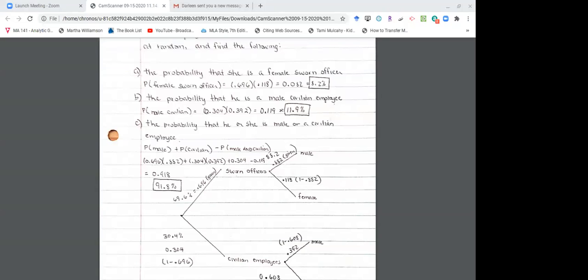The second part says the probability that this person is a male civilian employee. So here we want to go down to the civilian employees, and we want to go to civilian and male. So we have 0.304 and 0.392, and that gives us,